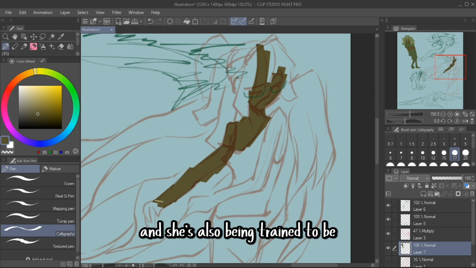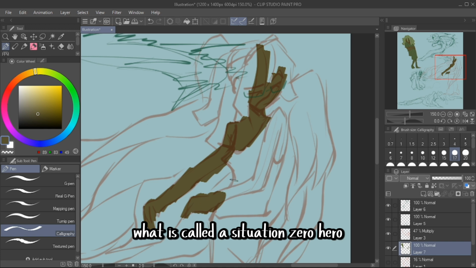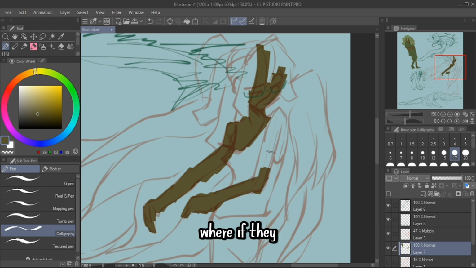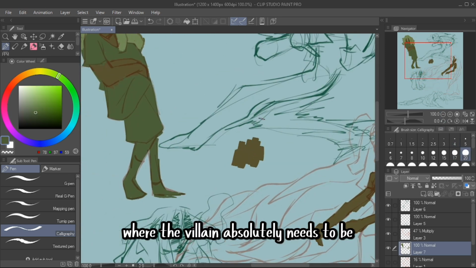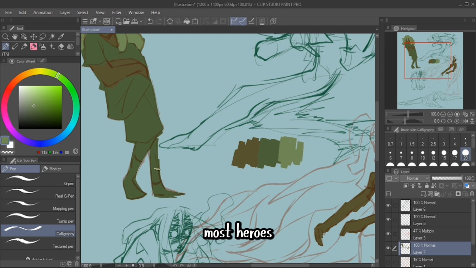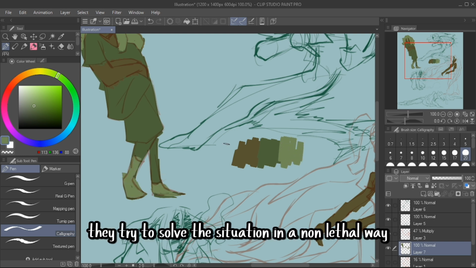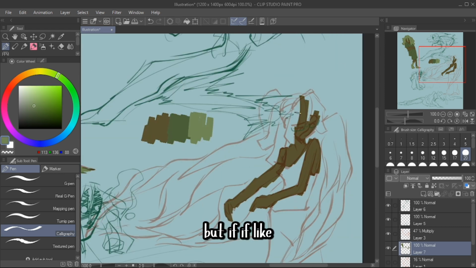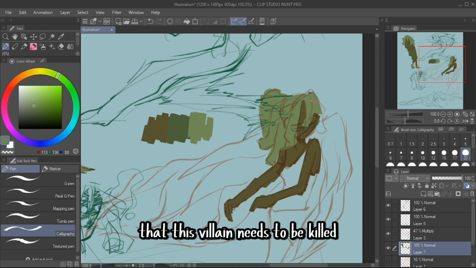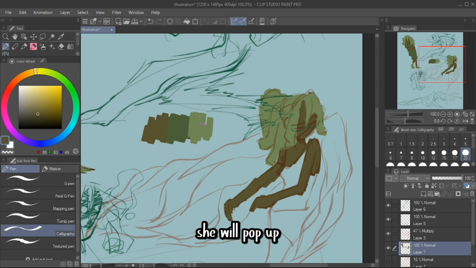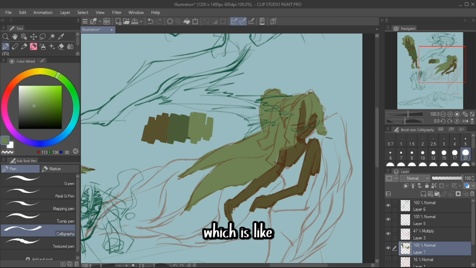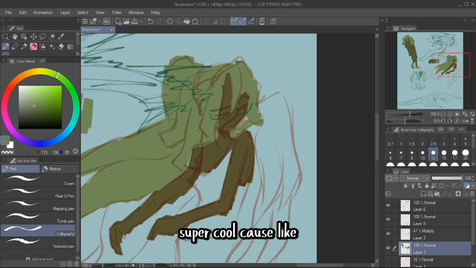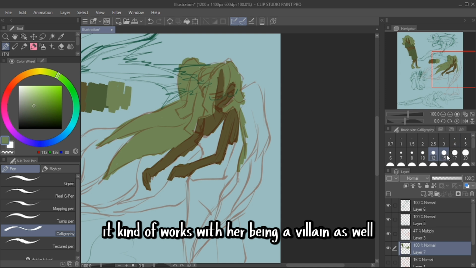And she's also being trained to be what is called a situation zero hero, where if there is a situation where the villain absolutely needs to be killed, because in other cases most heroes try to solve the situation in a non-lethal way, but if it is absolutely necessary that this villain needs to be killed or assassinated, then she will pop up and be like, hey, I'm here to kill this villain, you know? Which is super cool, because it kind of works with her being a villain as well,